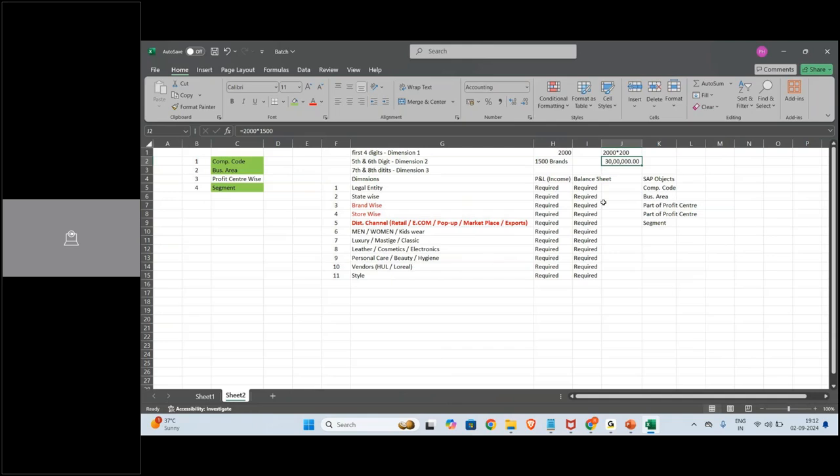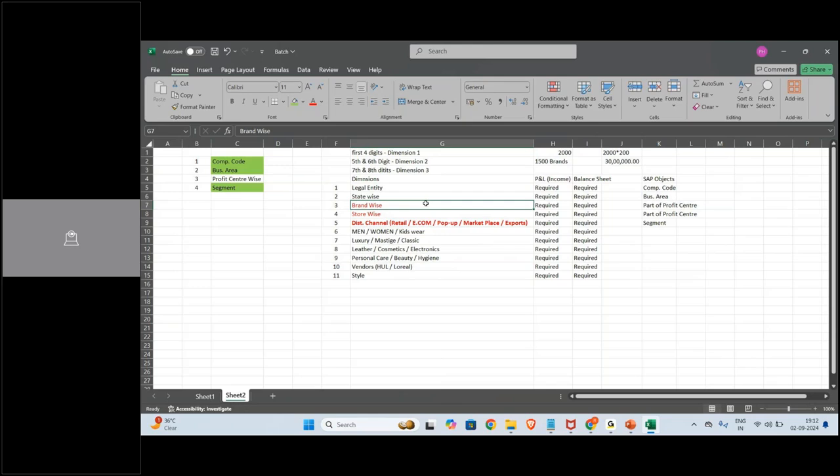So here is where you will do further analysis. Enterprise org structure itself is very, very, very important. Then we started trying to understand what exactly is their requirement, why they are asking for a balance sheet. Why will somebody ask for a brand-wise balance sheet? Balance sheet means your long-term assets, current assets, accounts receivable, prepaid assets. Why will I have brand-wise assets? For example, bank balance. Can you divide your bank balance based on brands?